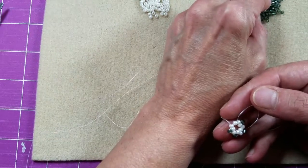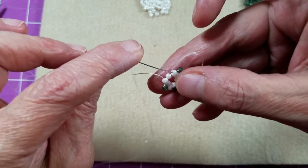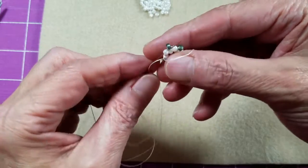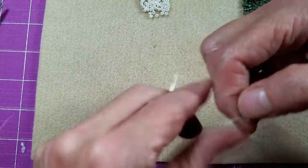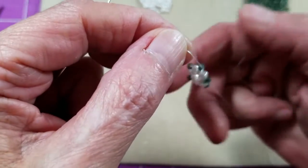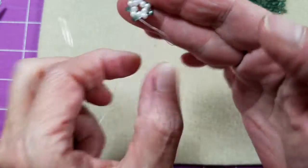Pick up a green. We're coming out of this white bead. We're going to skip the next one. We're going to go through the last one on our initial row. And this is what we have. You will see